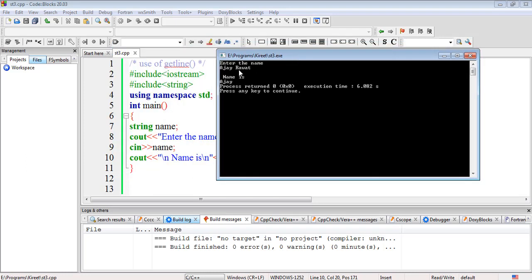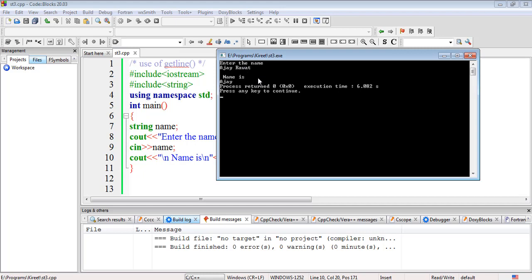Only Ajay is printed, there is no surname in our standard output console, because whenever the first white space is encountered, the reading will be terminated. It will not read after the first white space. As soon as the compiler encounters the first white space, it breaks the sequence, so Rawat will not be printed.